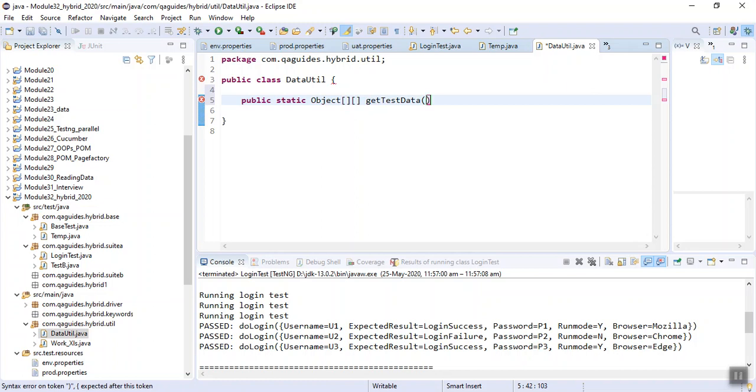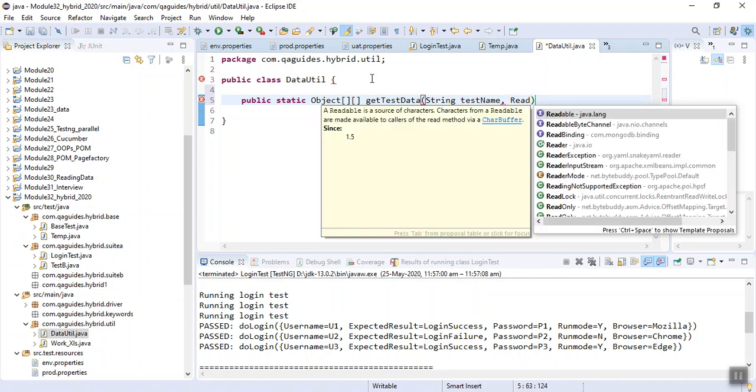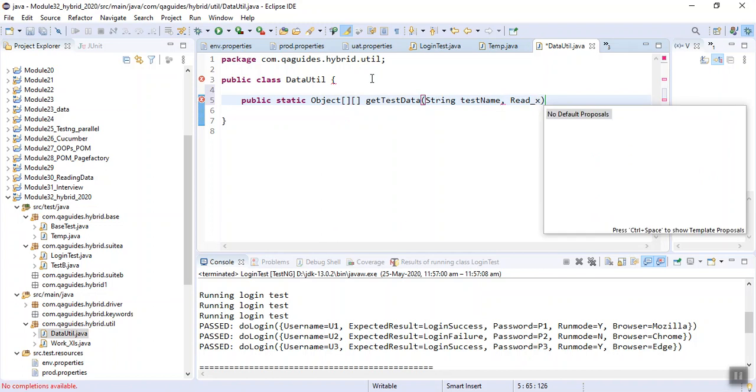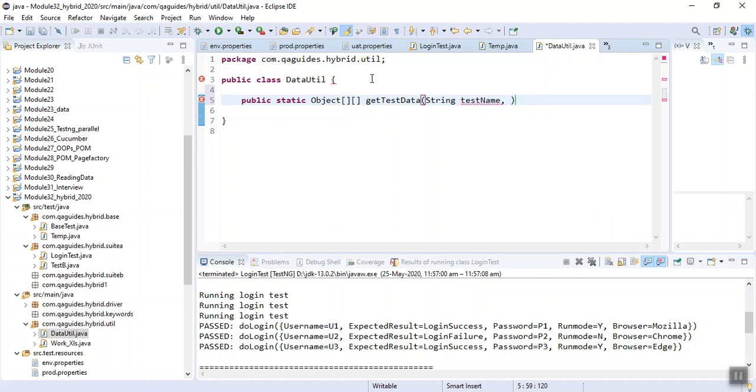So the name, let's put it as test name, and we will have an object of the XLS reader class, that is our read XLS class. Just a second.